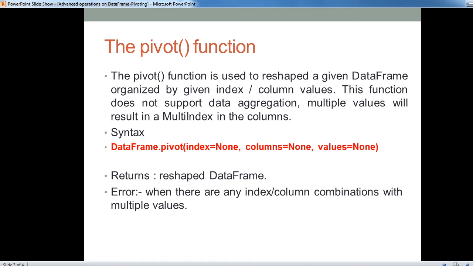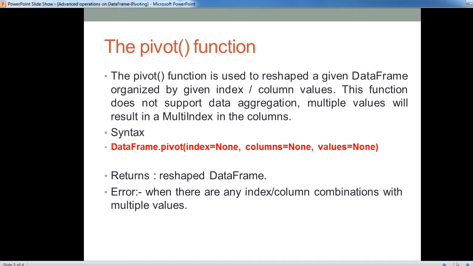The syntax of pivot function is data frame dot pivot in bracket. It has three parameters: index, column and values. So in index parameter we will give the name of those column which is to be treated as index.